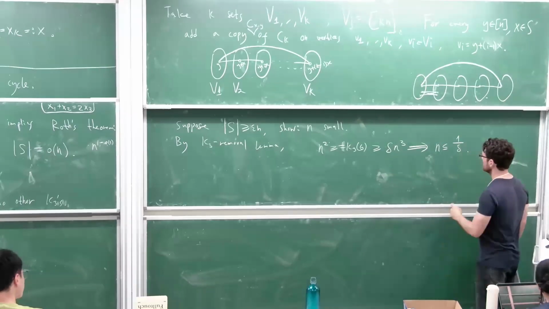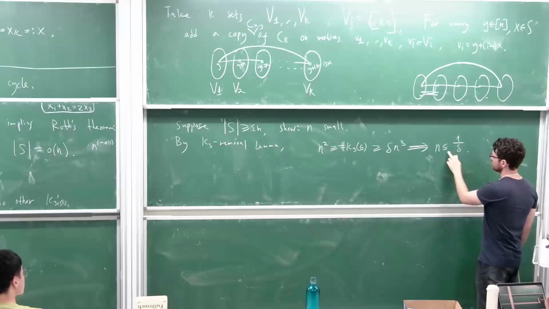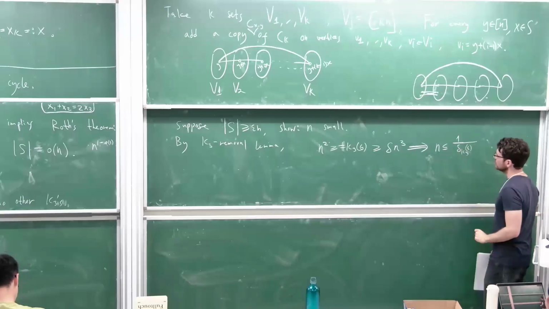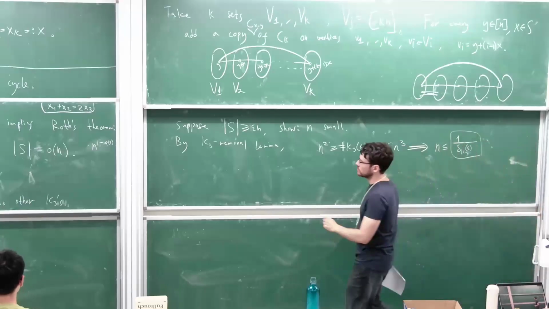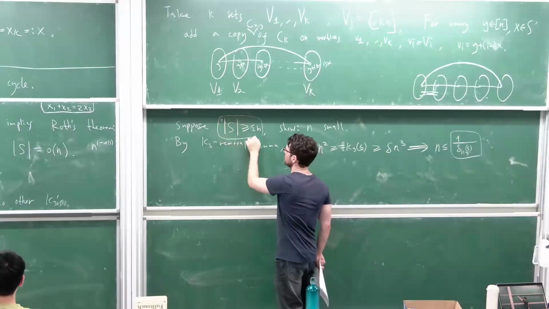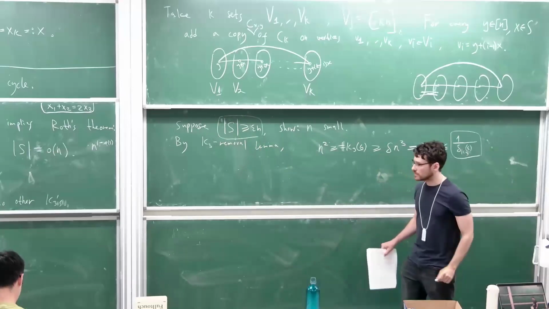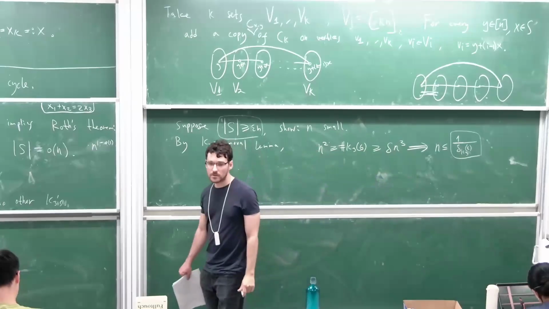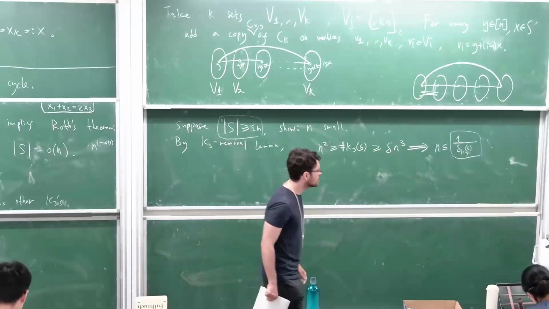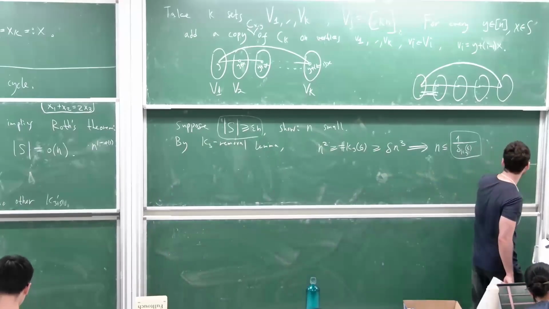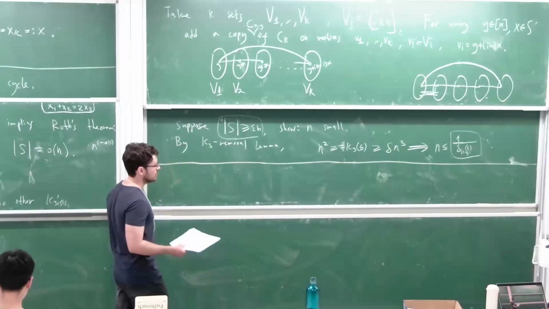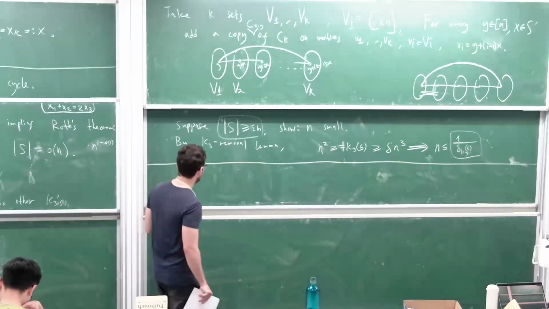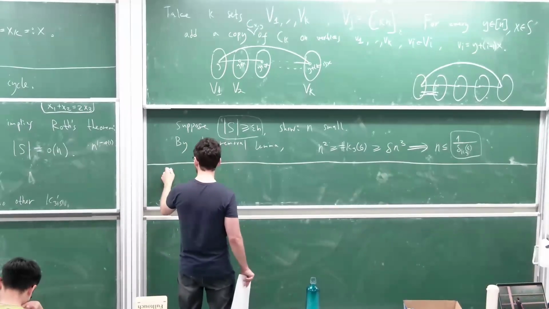So this means that delta is the delta from the removal lemma. So as soon as n is bigger than this quantity, in our notation delta K3, then it's impossible to have S at least epsilon n. Right, so that proves it. So that's what this means. So what this proof shows